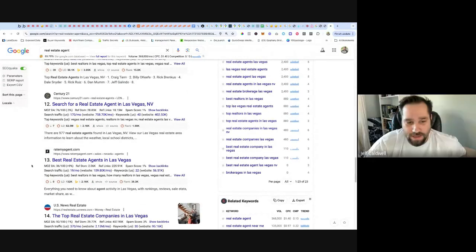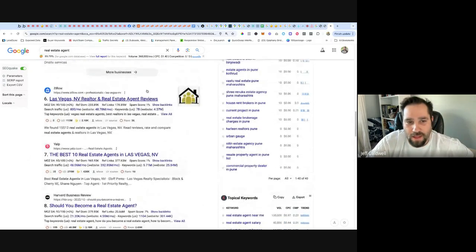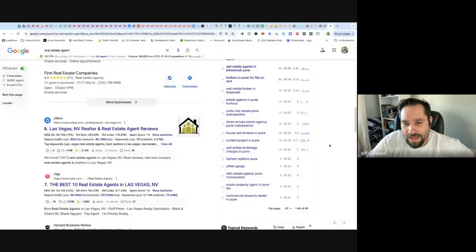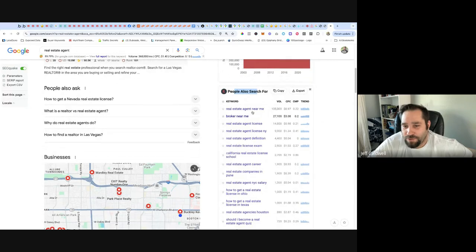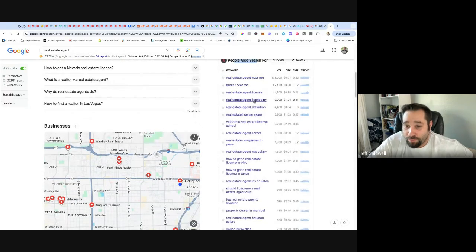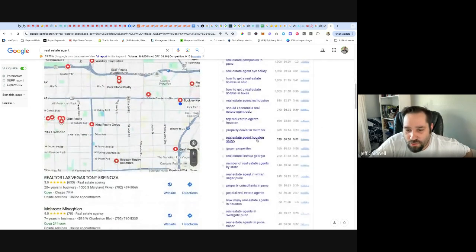Yeah. So check out this, right? Look at what we're doing. If we typed in real estate agent, on the right-hand side, these are all the keywords people also searched for. And then I have all the keywords, and it's real estate agent near me, broker near me. Broker is a good one. Look at you, Troy. Dang. Now you can have brokers on there, and then if you scroll down, you could see it,